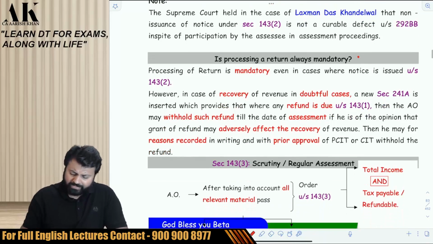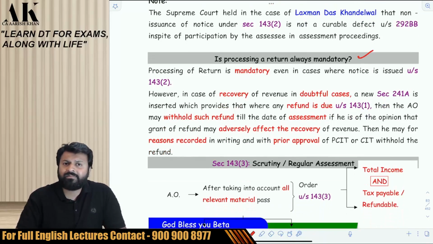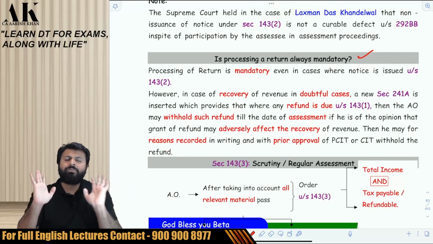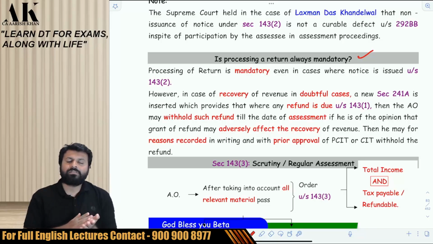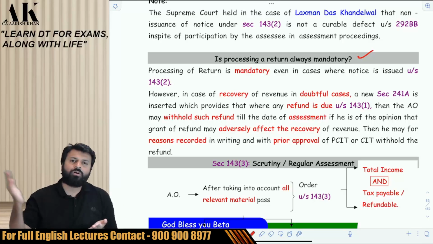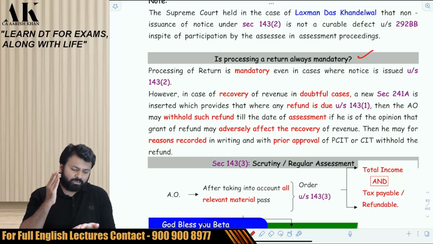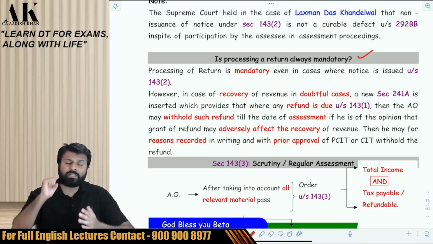Okay. Next, is processing of return mandatory? Yes, it is always mandatory. It is mandatory for every person who files the return. Every return filed has to be processed by the department. But in some cases, if the assessing officer has also given you a scrutiny notice and your assessment is going on, then if there is a doubt about recovering the revenue from the assessee later on,